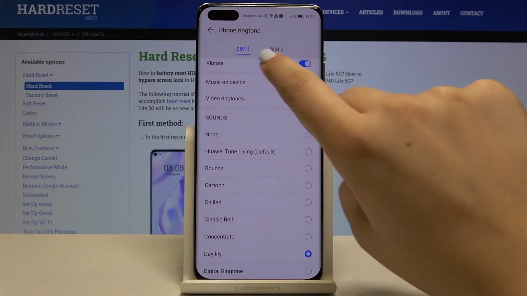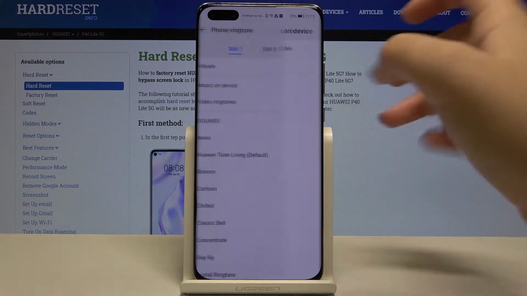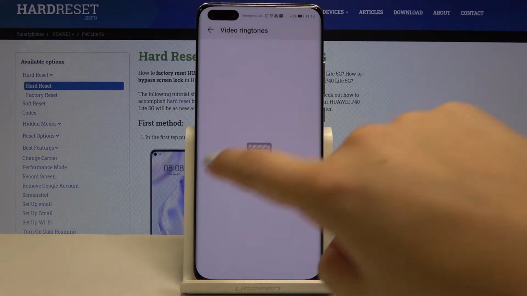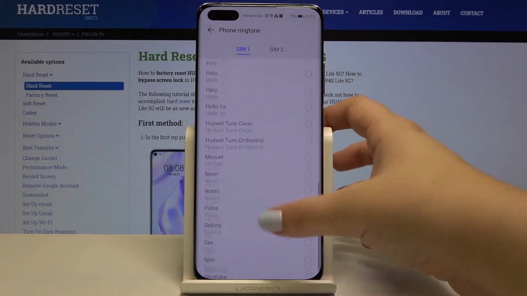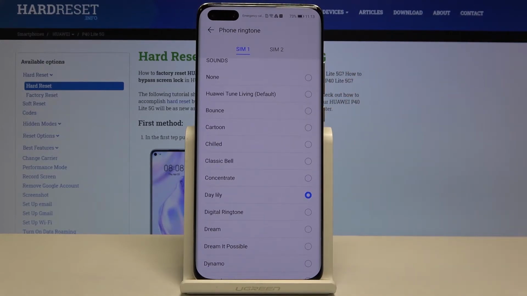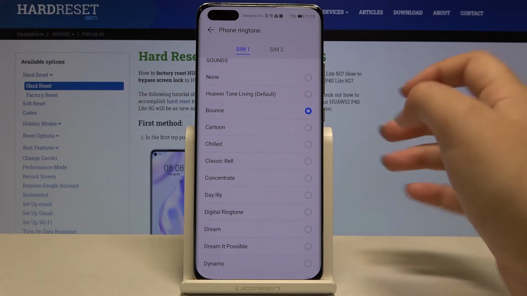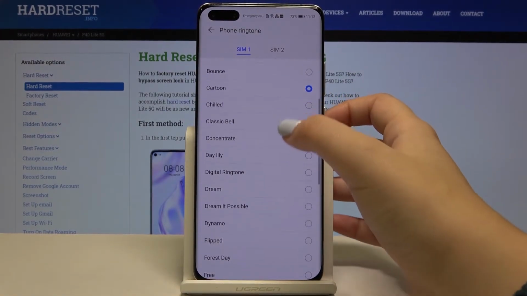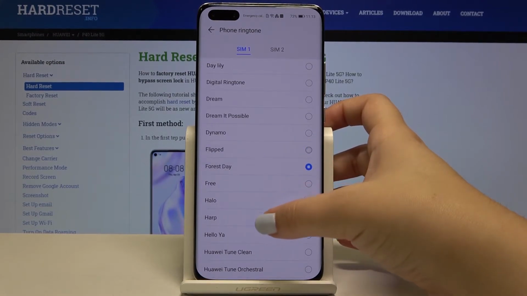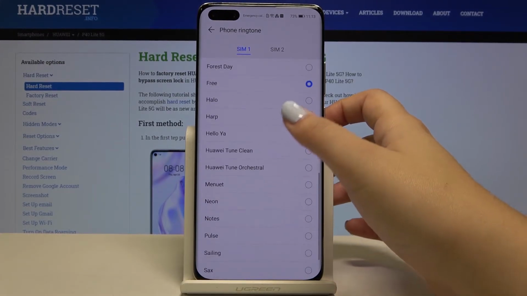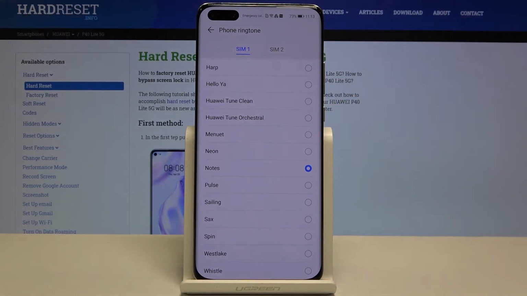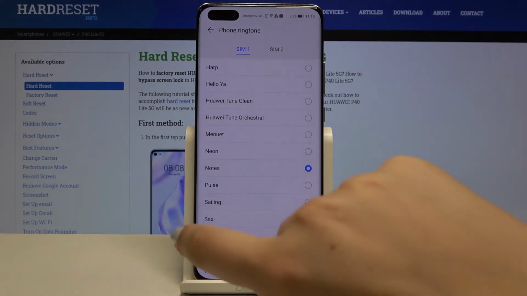We can choose the music on device. Here we've got two options to choose from, and also the video ringtones. If you will have any compatible files, they will appear right here. And here we've got the list of defaultly installed ringtones from which we can choose. In order to listen how the particular one sounds, then simply tap on it. And if you decide that you want, for example, to use this ringtone, then simply tap on it and let's